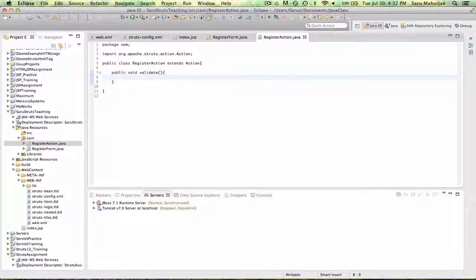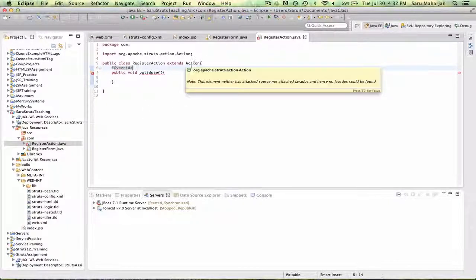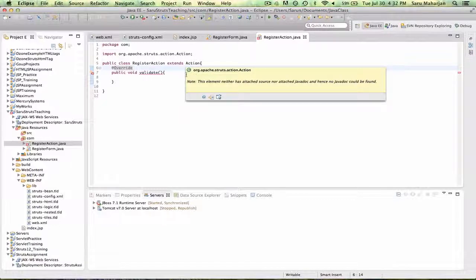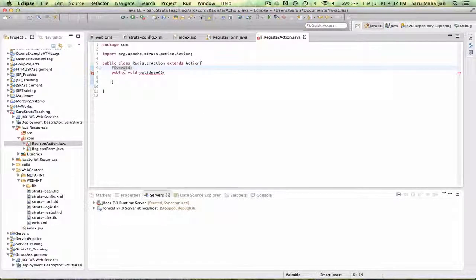Oh, no. So you think this is correct, right? But no. That's why you always need to do override. You must override this one. If you don't override, it won't work. This method belongs to this action class, and it has some properties that we're going to use. So this is the use of override. So when we do override, this will make sure